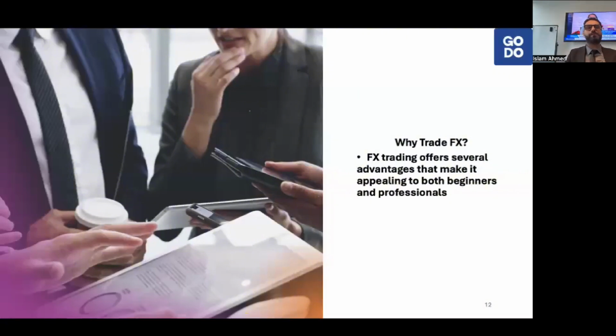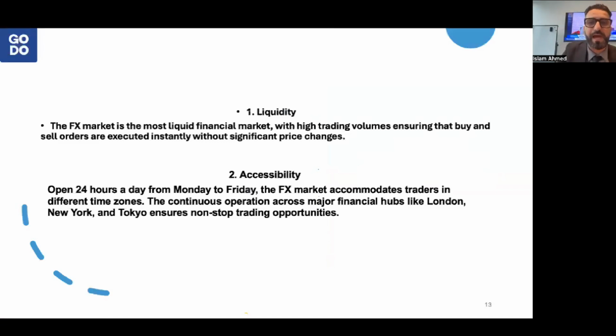So now everybody is trying to trade on FX. But why? There is a lot of advantage. First, there is liquidity. I remember vividly when I started learning about stock market and started trading, I had a great trade. I bought a stock, it appreciated in price. I was in a very good profit, around 20% profit. And I went very happy to the stock market to sell it. I gave the permission to my broker to sell because, you know, in stock market, you cannot sell it yourself. Back then, there was no